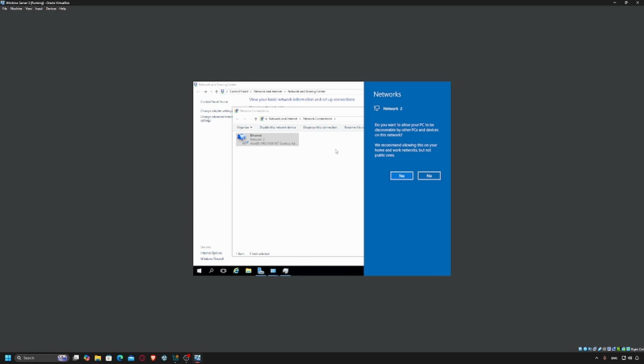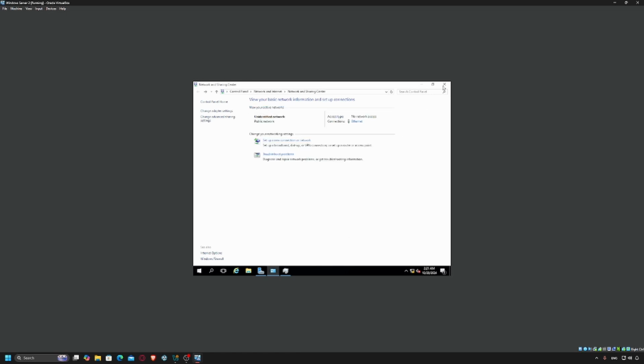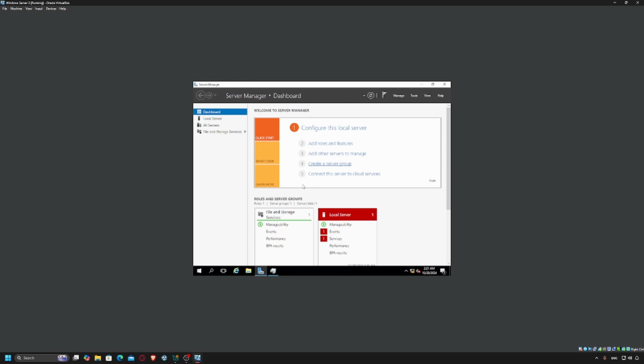Okay, so now it's an unnamed network. And we're going to disable and enable this so that it gives the network a name. So see, it's now network 2 instead of unidentified network. Okay, so we close that, and now we are going to our Windows 10 machine to do all of the